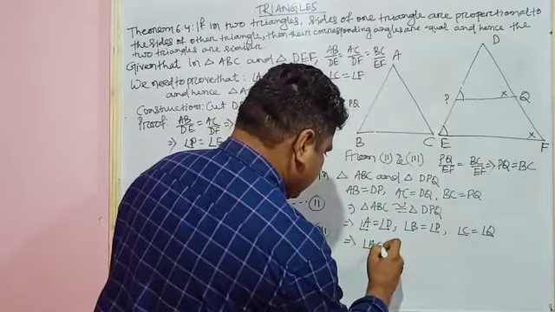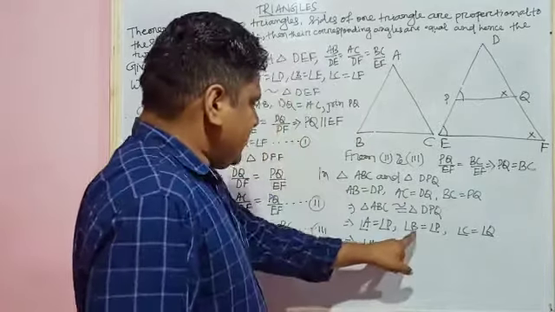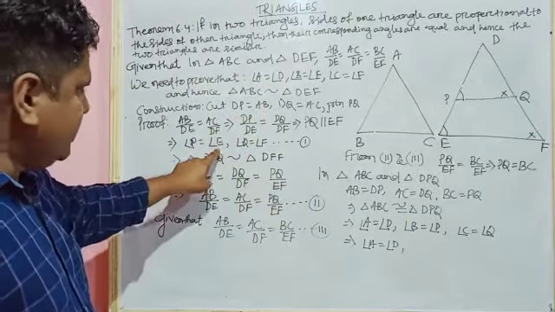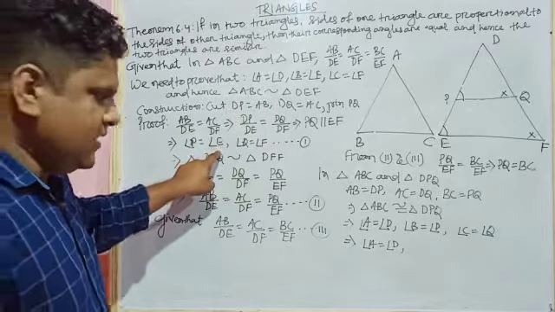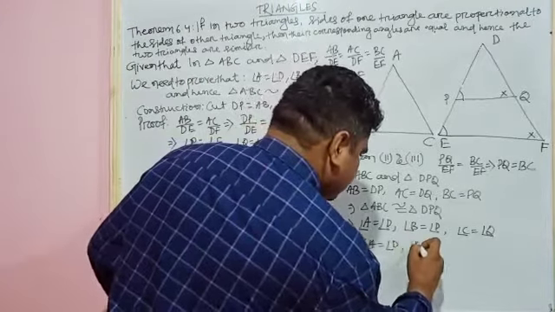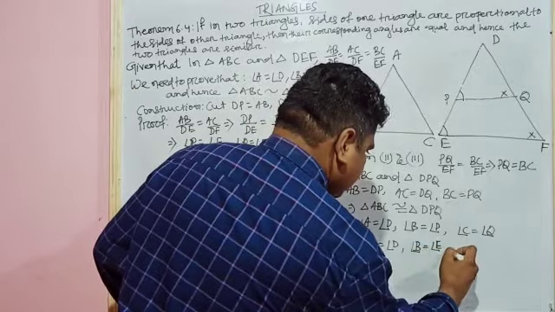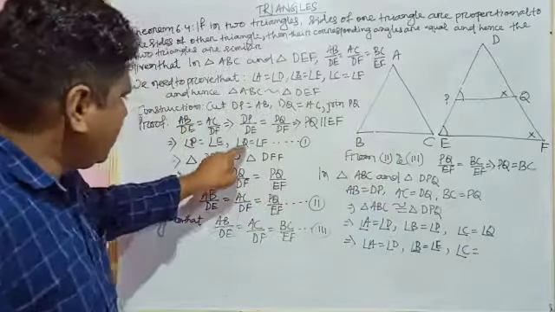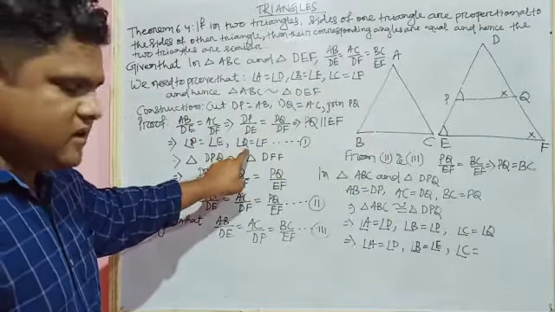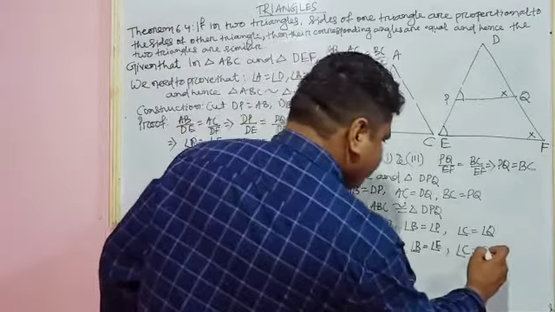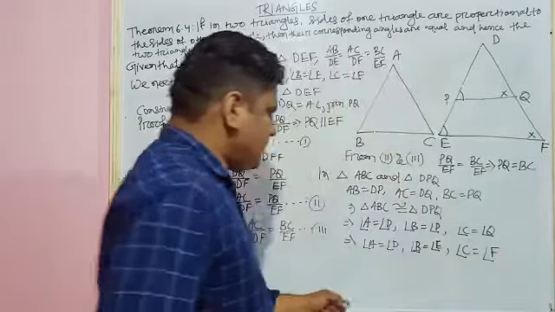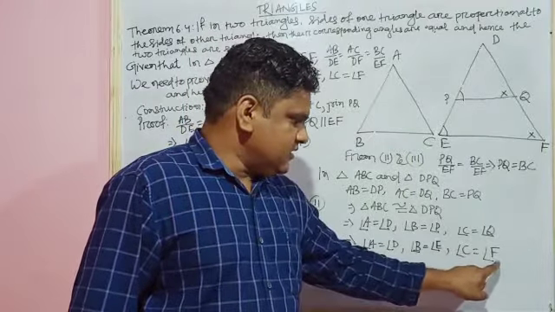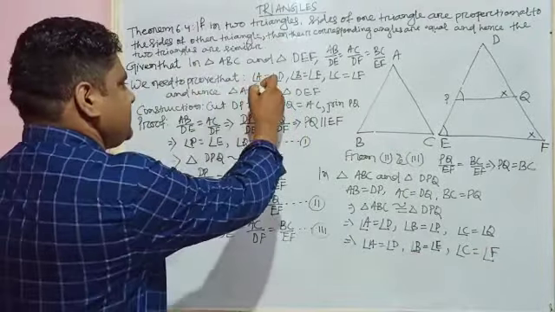Now angle A is equal to angle D and angle B equal to angle P. Earlier we got angle P equal to angle E. So in place of angle P, we can write angle E. So angle B is equal to angle E. And angle C is equal to angle Q, and from equation 1, in place of angle Q, it will be angle F. Now we have proved that angle A equal to angle D, angle B is equal to angle E, and angle C is equal to angle F.